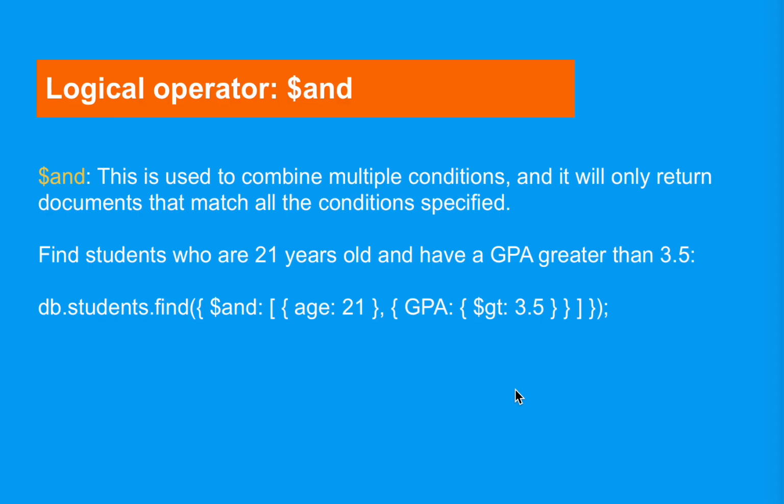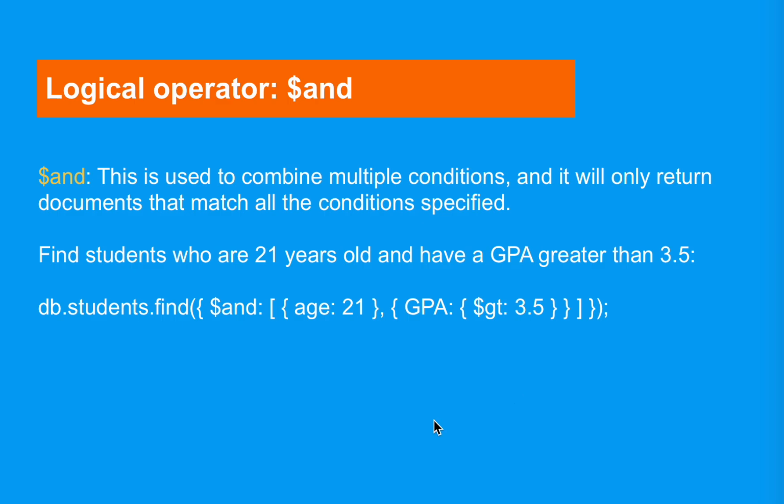Start with the AND operator. This is used to combine multiple conditions and it will only return the documents that match all the conditions specified. In other words, every condition must be true for the document to be included in the result. Let's say you want to find the students who are 21 years old and have a GPA greater than